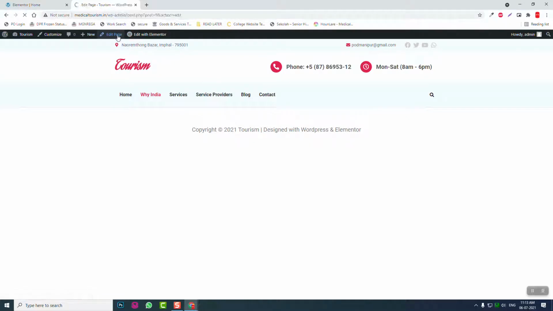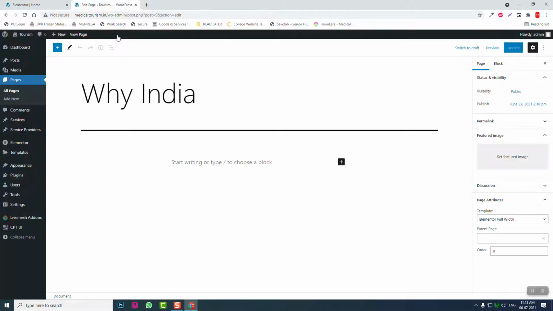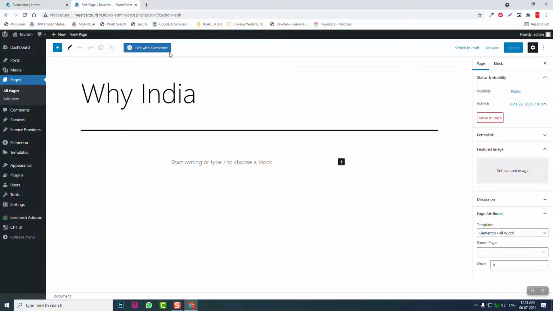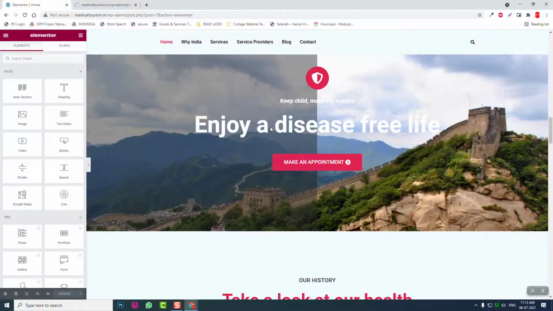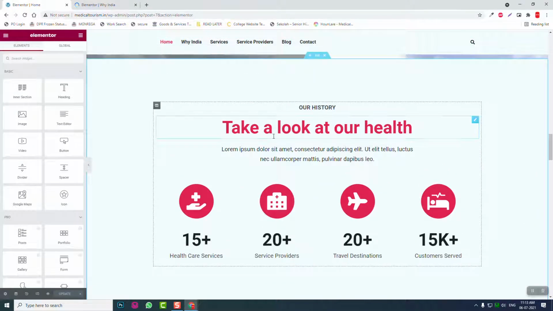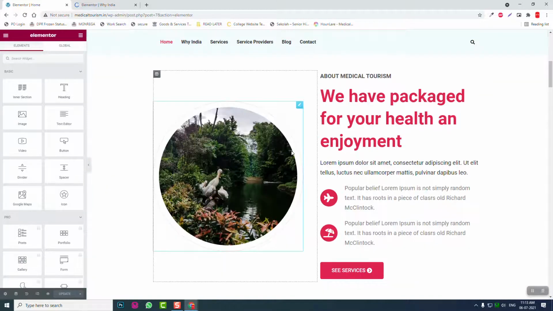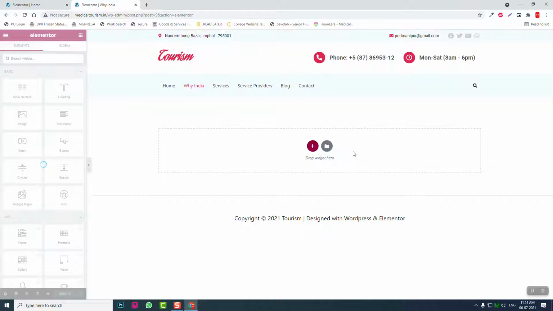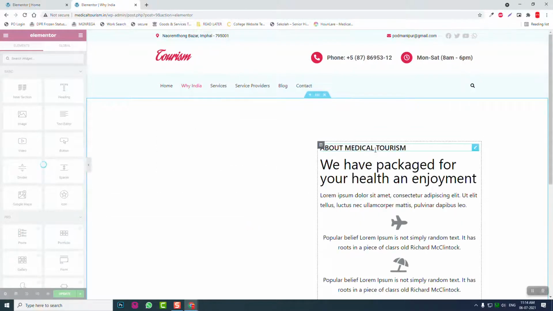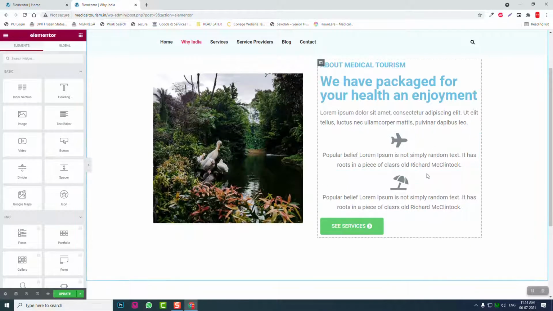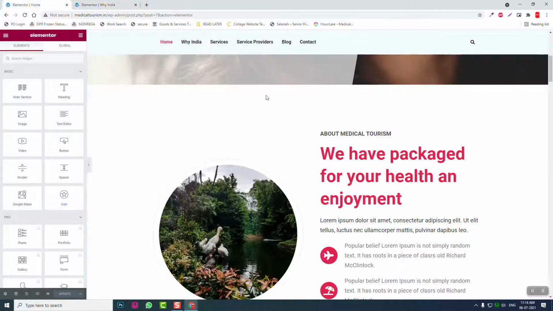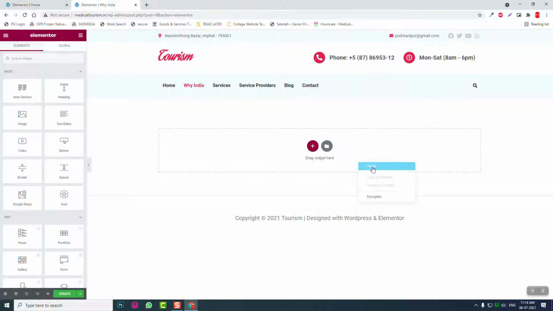Edit page, edit with Elementor, copy this, paste it here, copy this, paste it. Okay,